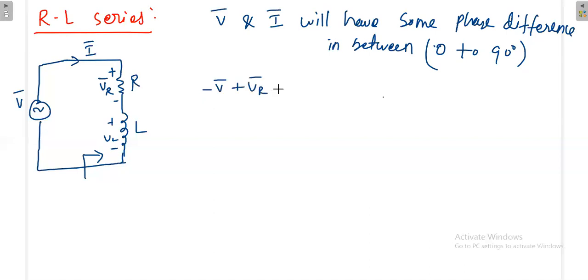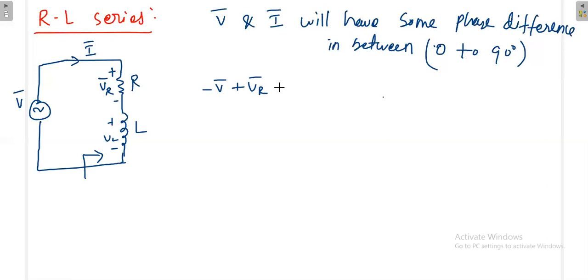VR bar, because don't think that R will not have any phase. The voltage of the R will not have any phase difference, zero phase difference. But if you compare some other voltage, if you compare this voltage and this voltage, there may be a phase difference. That idea you should understand. The relationship between the current flowing through the resistance and the voltage across the resistance will not have any phase difference. But if we compare the resistance phase with any other element phase, then there may be a phase difference. That's why I'm writing VR bar.